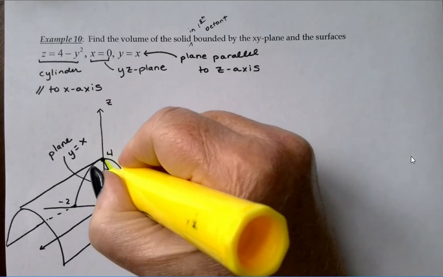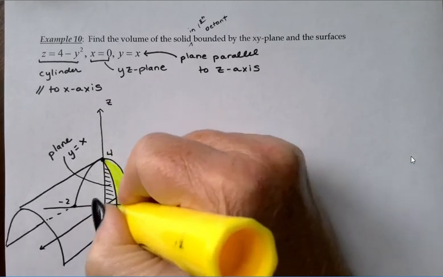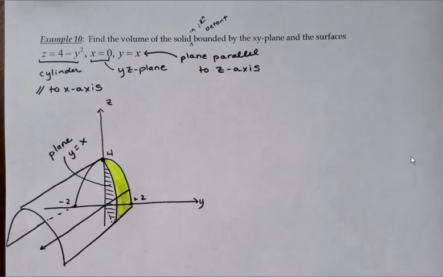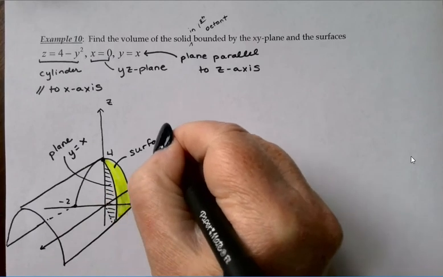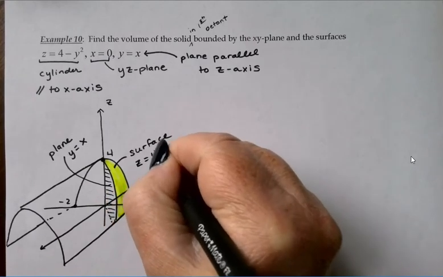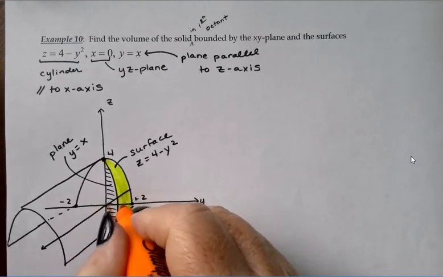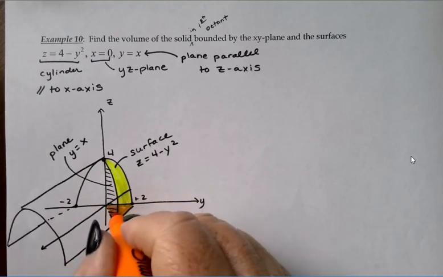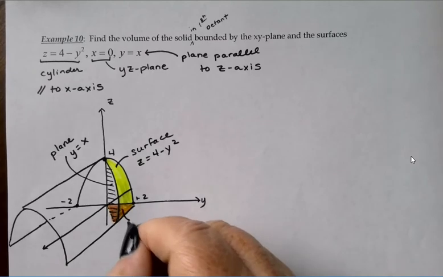Here's the curved surface of the cylinder. Z equals 4 minus y squared. And then the base is going to be in the xy plane itself, since it's bounded by the xy plane. You can kind of see down there, what we've got is a triangle. This triangle down here is the base, and this is my region R